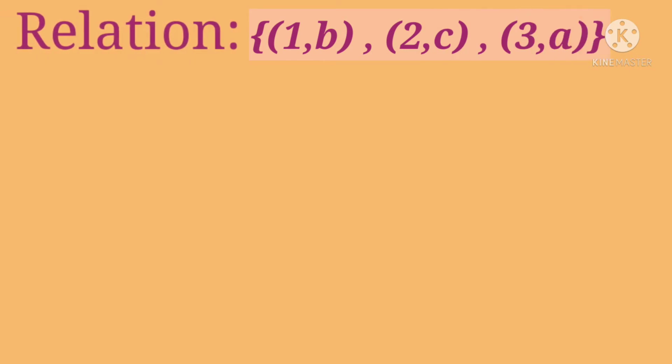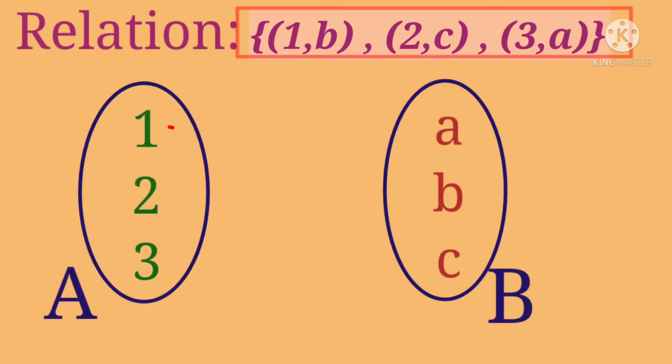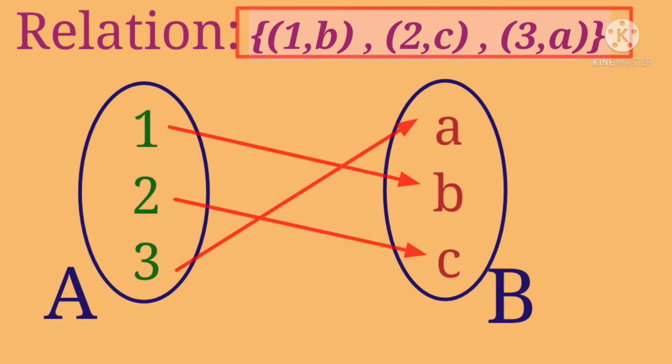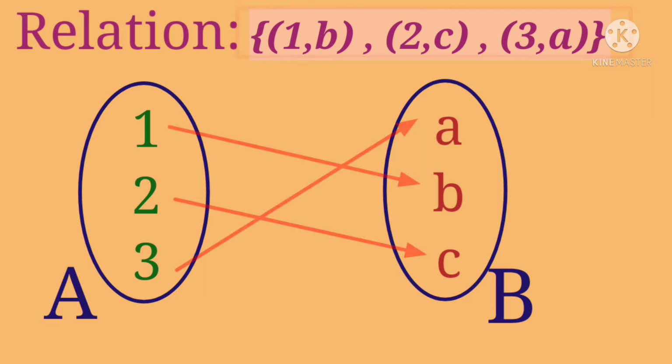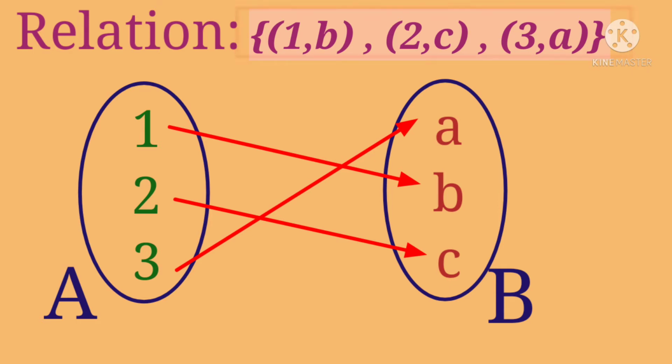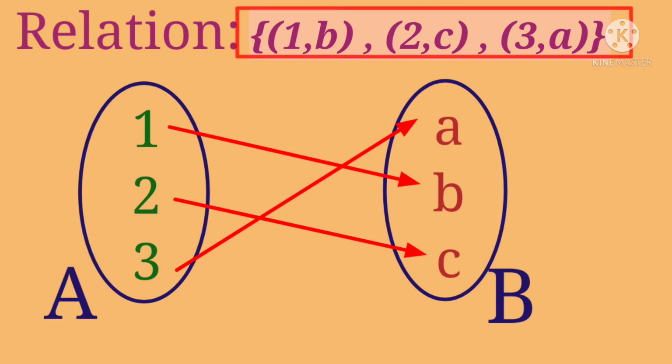Let's start. The first concept is relation. What is a relation? A relation between two sets. We'll take a set A and a set B. It's a collection of ordered pairs containing one object from each set. If the object X is from the first set, A, and the object Y is from the second set, B, then the objects are said to be related if the ordered pair (X, Y) is in the relation.